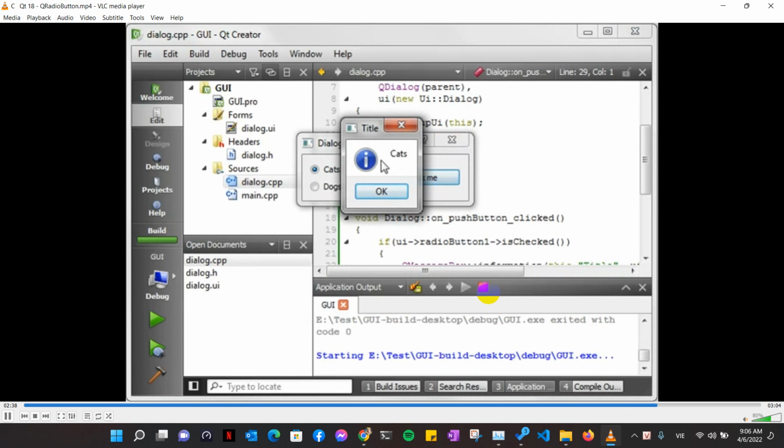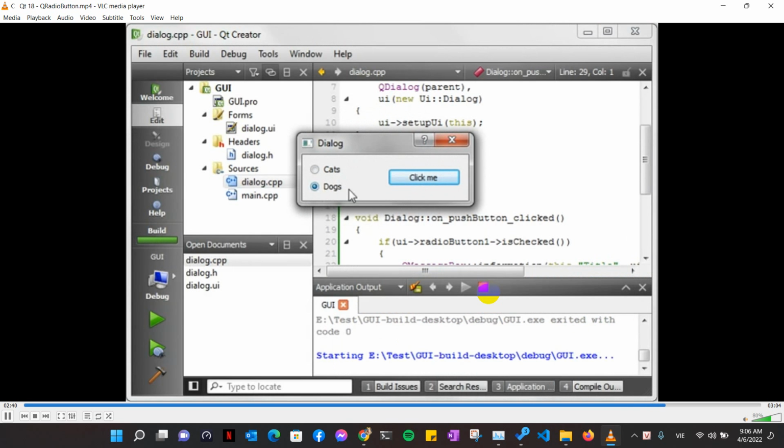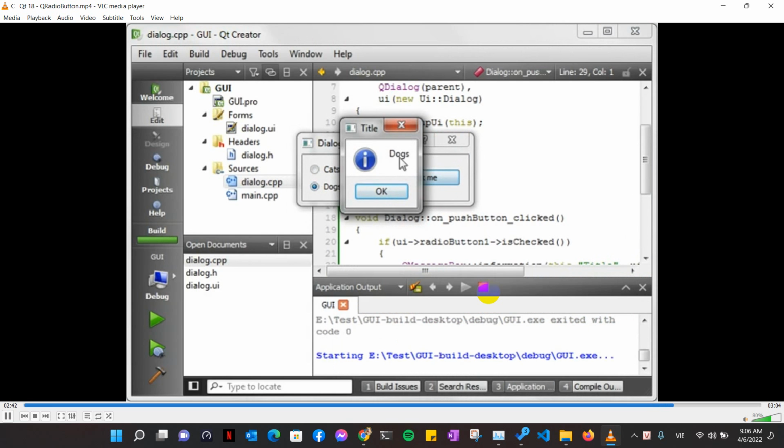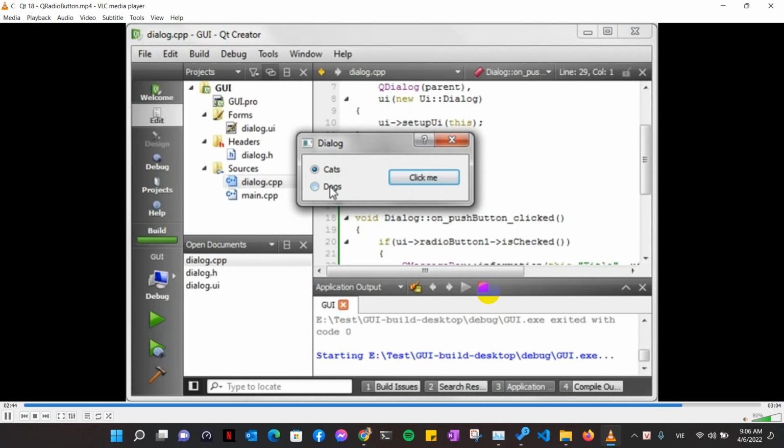And when you hit click me, you see that cats is selected. When you select dogs and click me, you'll see that dogs is selected. So that's the Q radio button. Very simple. It's similar to a checkbox, but it's different in the fact that you can have multiple checkboxes and check them individually, where the radio button will force you to